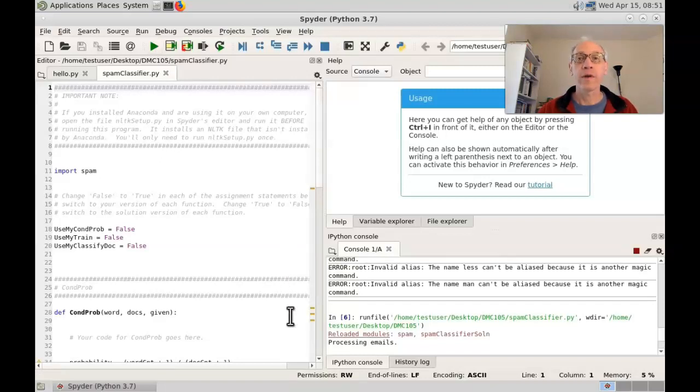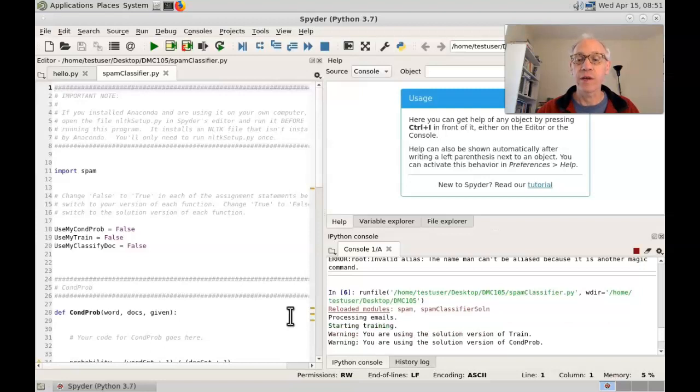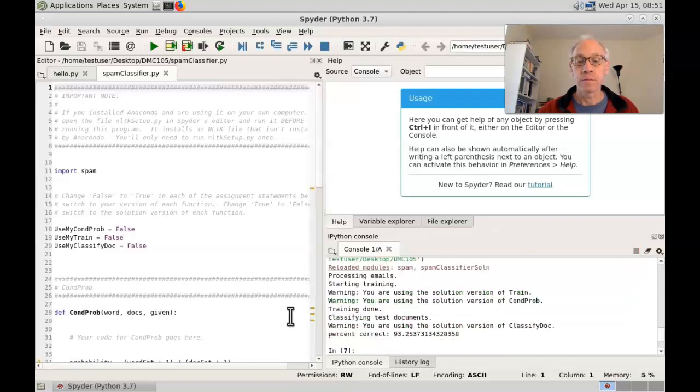And because of all the work it's doing, it takes a few seconds to run. Okay, and when it completes, you see that it is pretty accurate. It correctly classified a bit over 93% of the emails as ham or spam. So what's going on here